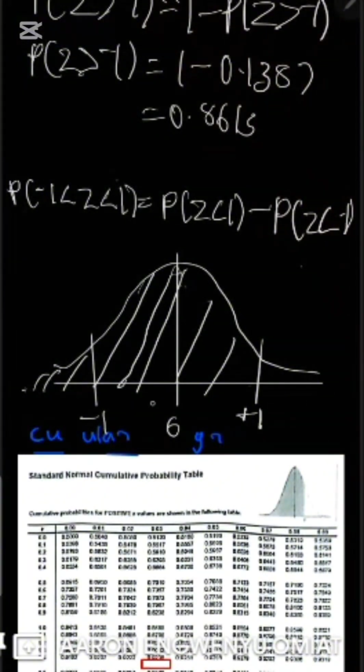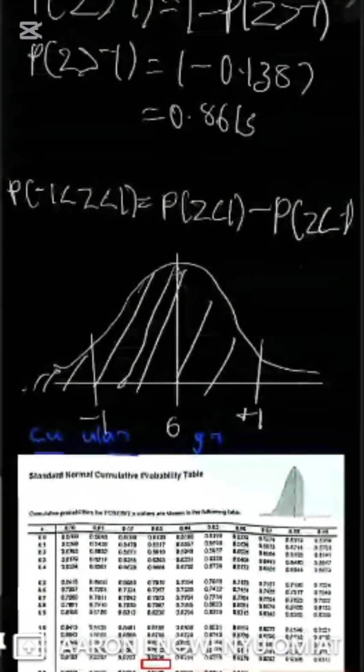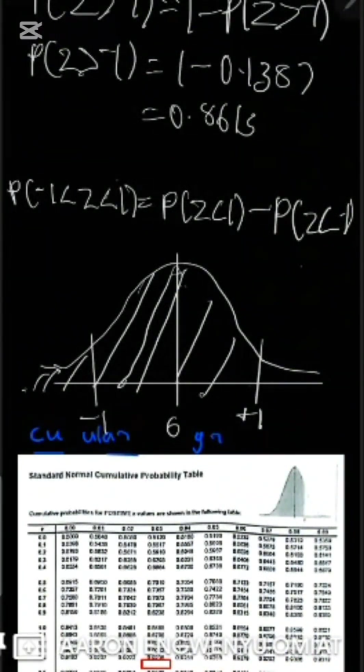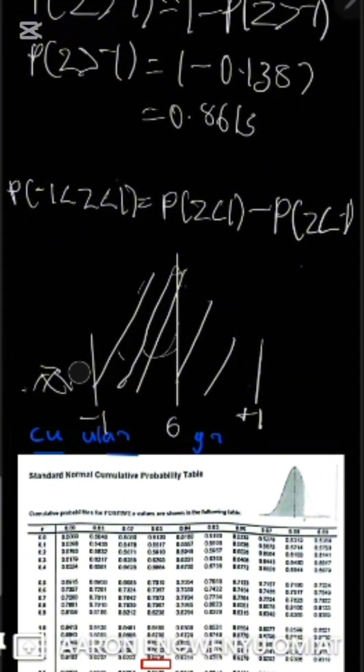Then we subtract the probability of Z less than -1, which is this, and the remaining part would be this. Because if we have this and we subtract this,